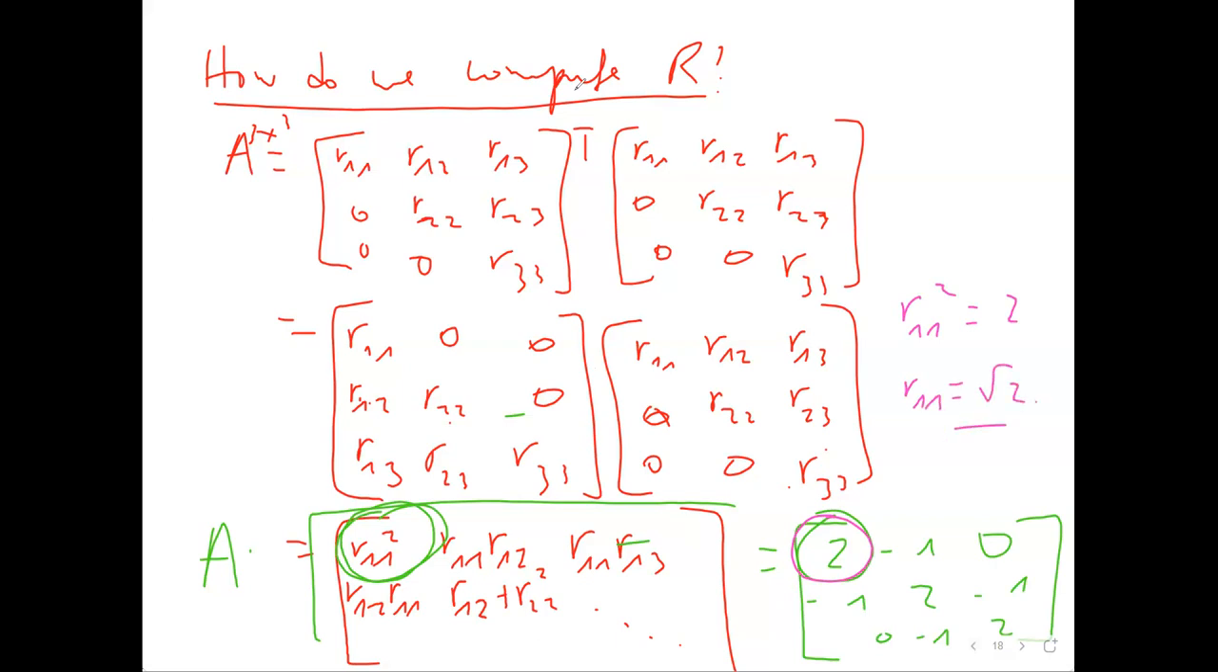Then the next step is that if we know R11, then we can find R12. So R12 will just be, we equate it to the other side, which is minus 1 over R11, right? So this will be nothing else but 1 over square root of 2. So then R12 we know is minus 1 over square root of 2. So this is how we